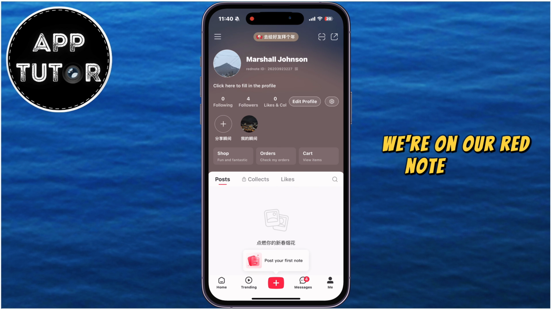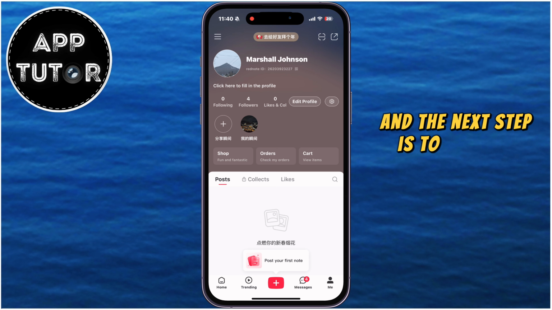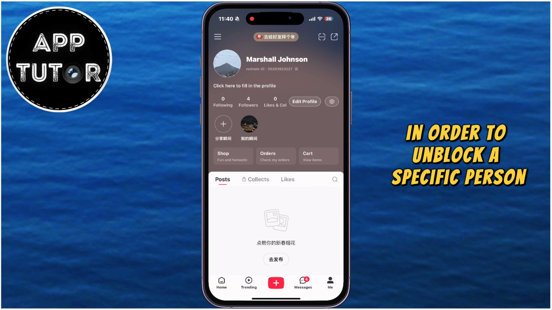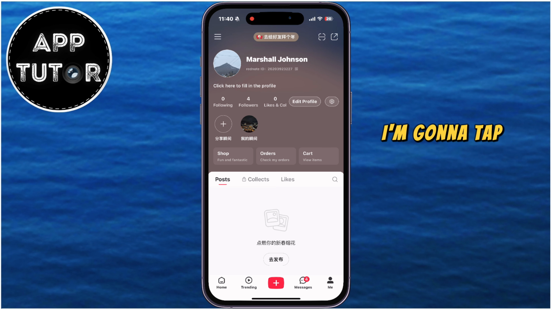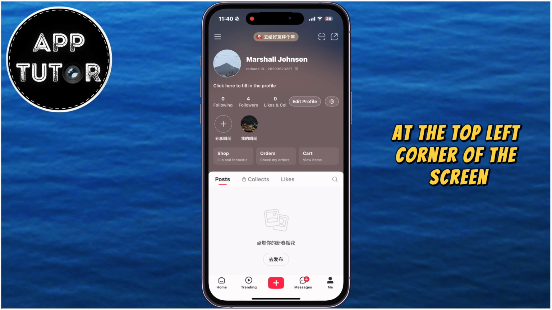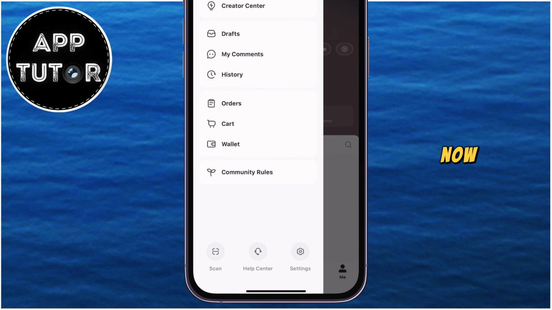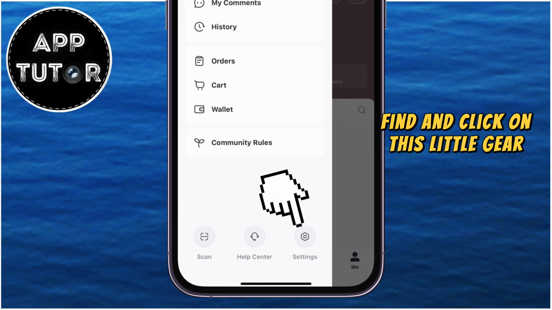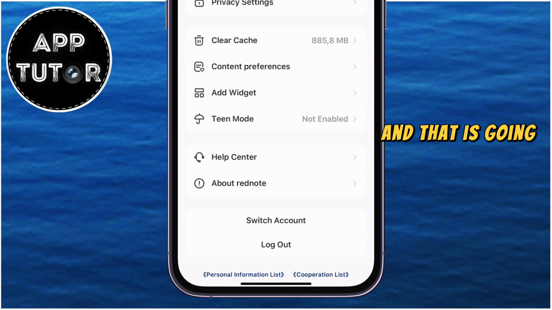We're on our RedNote profile, and the next step is to find the blocked users list in order to unblock a specific person. In order to do that, I'm going to tap on the 3 horizontal lines at the top left corner of the screen until this side menu appears. Now find and click on this little gear icon at the bottom, and that is going to open our app